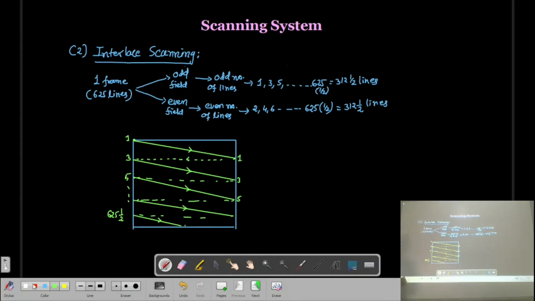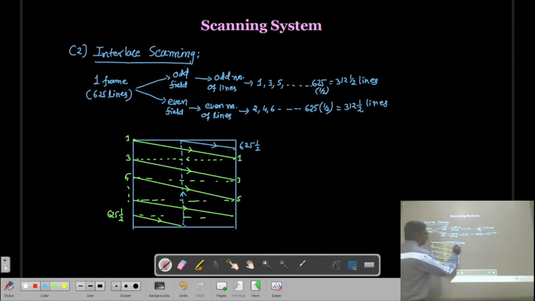So here the frame is going to be over. Now this electron beam will come to the center of the frame, but on the top side here. And initially it will trace whatever remains of the 625 line. The 625 and a half line is going to be completed here. And now it will start line number 2.